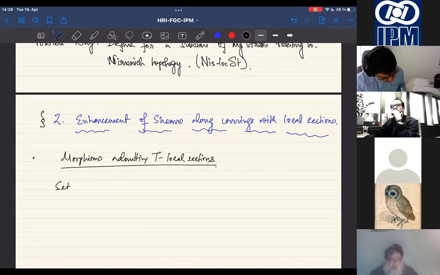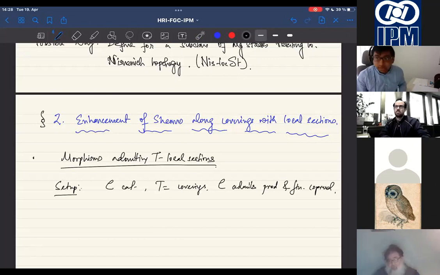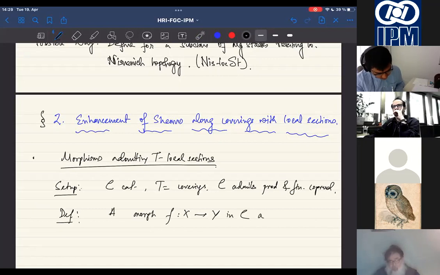My setup is that I consider C to be a category and T some coverings, and C admits products and finite coproducts. So C comma T is a site. Then I define a morphism f from X to Y in C to admit T-local sections if